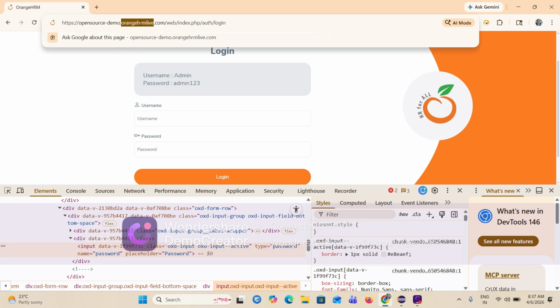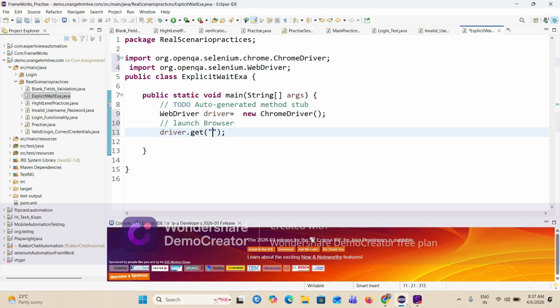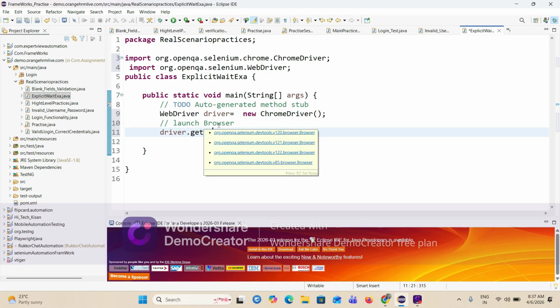This is the URL; I select and copy it, then paste it into get.